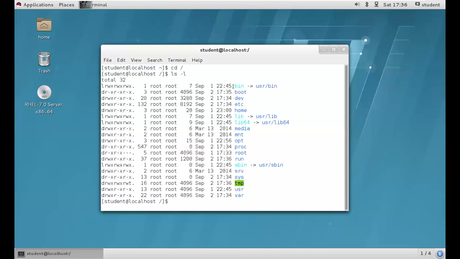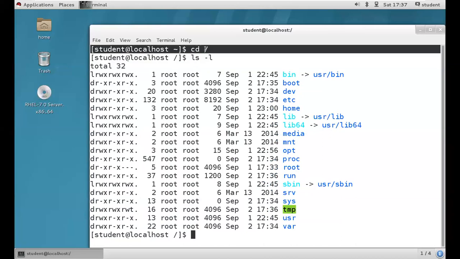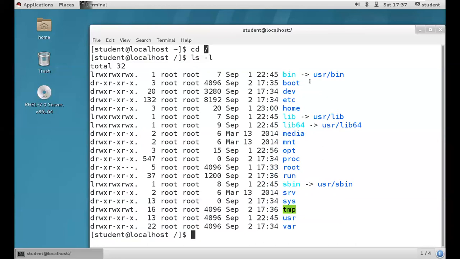See, guys, we discussed bin, boot, dev, and all of those are available inside the forward slash. The forward slash is the top level directory. It's the parent directory for all other directories, right? Inside this forward slash, we'll have all the directories. This is called the file system hierarchy. Bin, boot, dev, etc, home, lib64, media, mnt, opt, proc, root, run, sbin, srv, sys, temp, usr, var. We didn't miss anything,